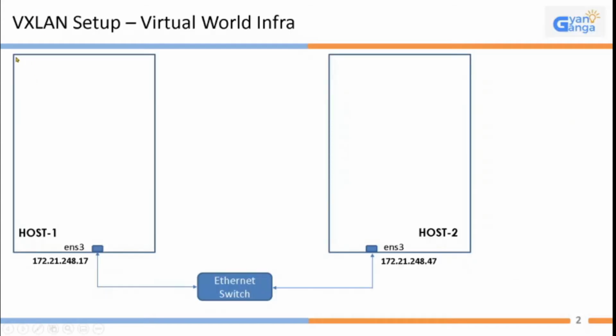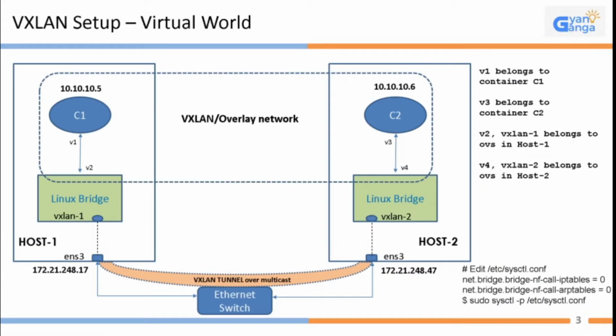To start with, this is the setup that is available for us to deploy container based cloud applications, where the containers will be deployed across multiple hosts, two or more hosts belonging to the same LAN. That means the LAN has to be extended across multiple hosts. So this is achieved by setting up a VXLAN tunnel across the hosts.